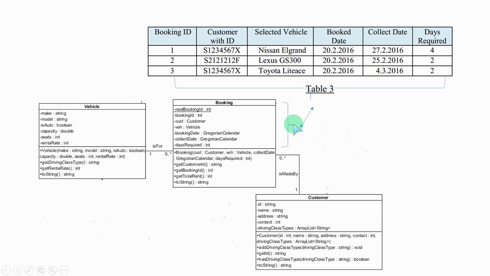Next, table 3 is actually a booking, right? Because it has a booking ID and then the customer ID, the vehicle that is being booked, the booking date, the book date, the collect date, and the days required. And that is actually translated into the booking class in the diagram, okay, which